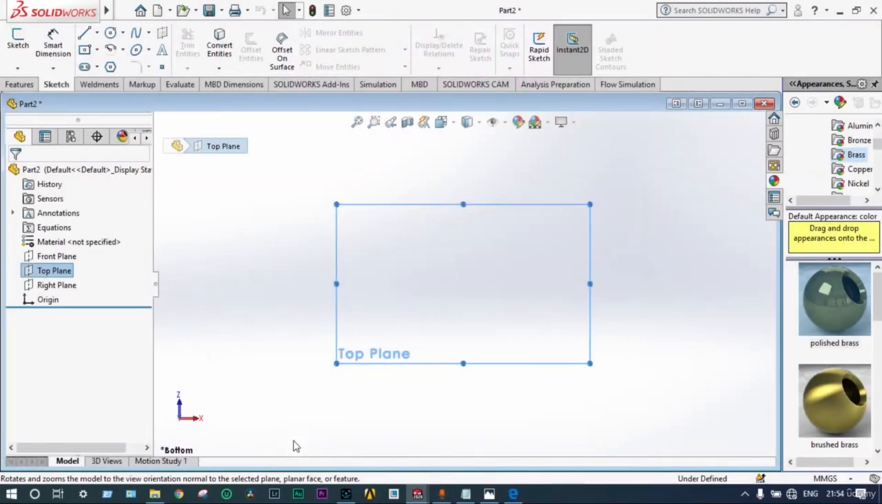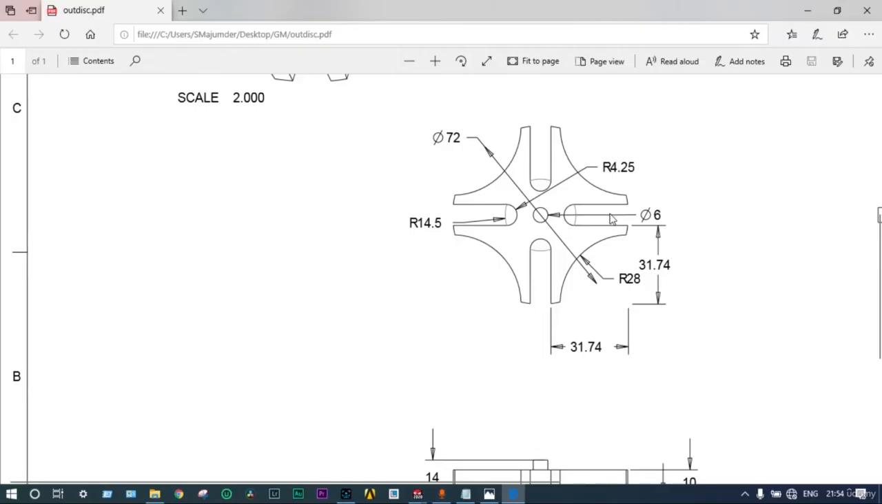Hello friends, today I'll show modeling of Geneva wheel. It is a very important part of the Geneva mechanism. It consists of 4 slots. This is the Geneva mechanism, right? Some slots are there, and here also some